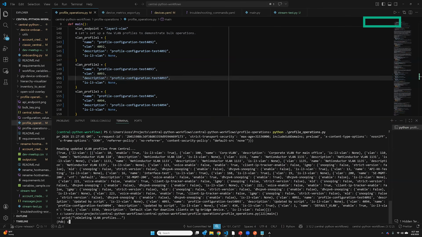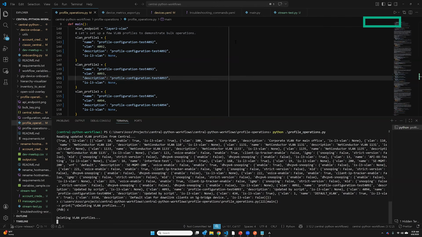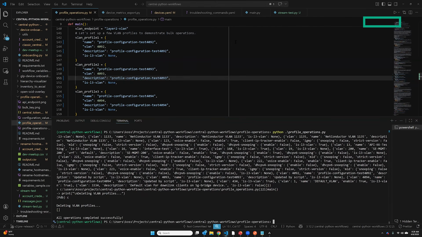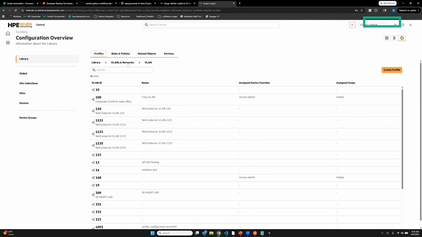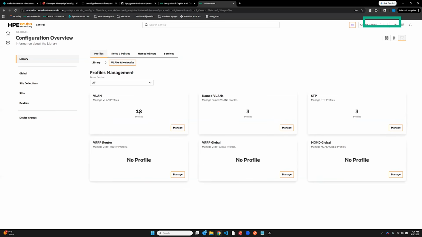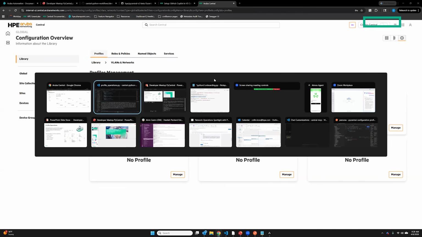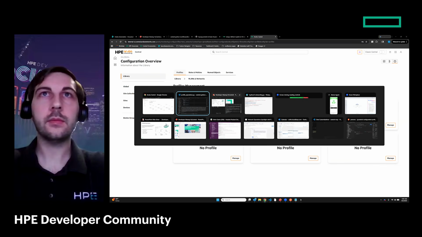And then last but not least, we're going to run some cleanup. So in the script itself is where you're going to see exactly what function call you need to make to initiate all of these actions. And that's really the whole goal of that profile operation workflow. I'll just show you, see, we've deleted 3 profiles. Our profile count went down. So I won't go into extra details there on that one. Okay,